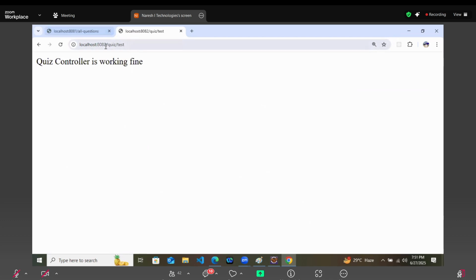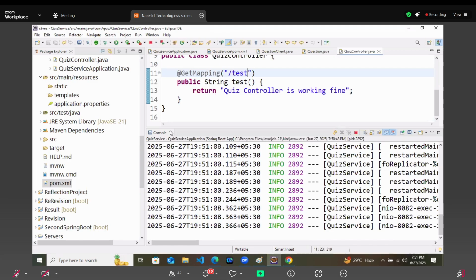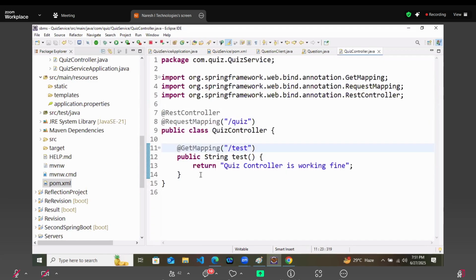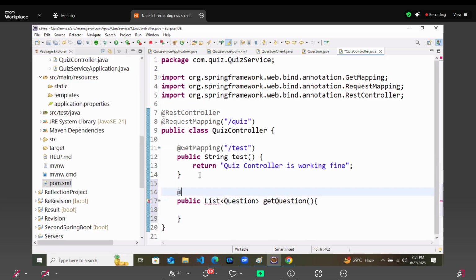I want the question on 8082. We'll create a controller for that. So that is going to be public List of Question, meaning the return type, and getQuestions, and it will take get mapping of /all-questions.